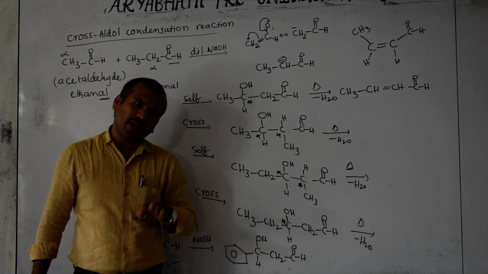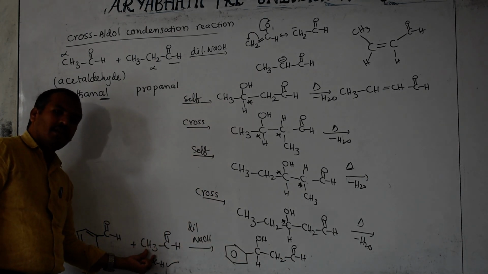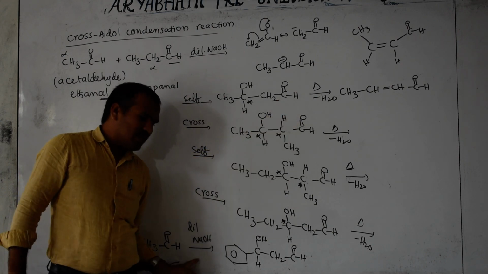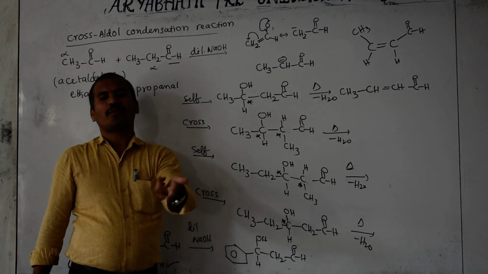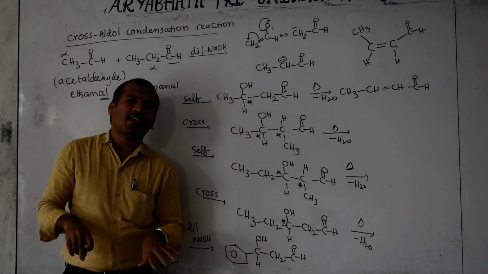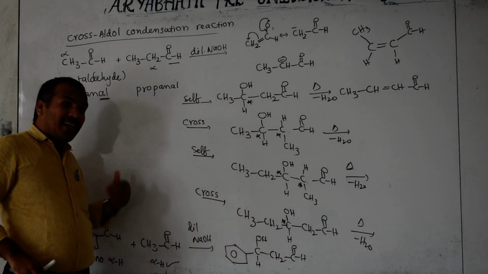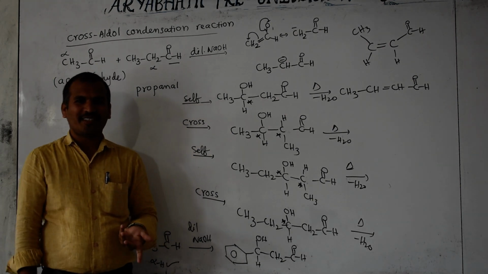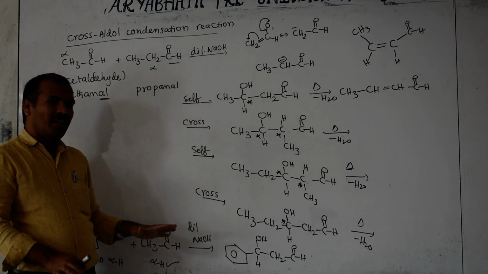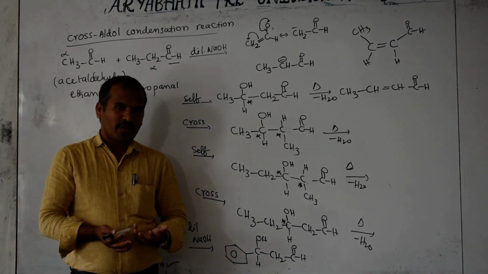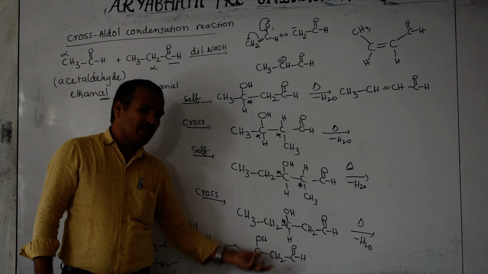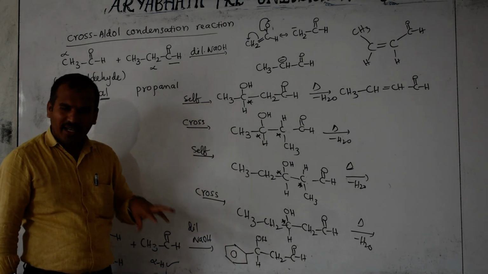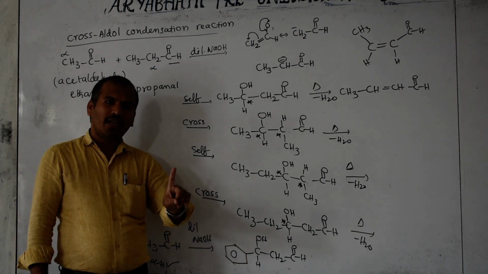Two products are not possible when we add it later. If we add initially, two products form: one is the self product, another is the cross product. Then you may ask the question: in the examination, how will we identify, sir, whether it is added later or before? Yes or no? That is also the question. Generally, we want the major product, the desired product. Undesired product we don't want. In the examination, what we have read is that it forms only one product.